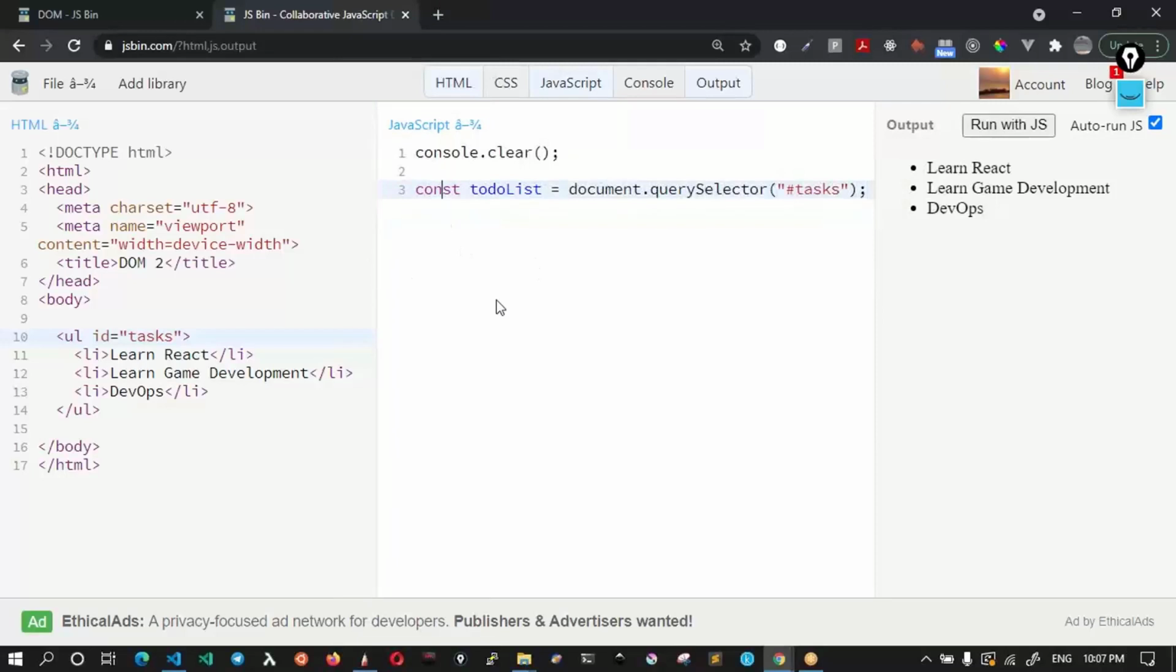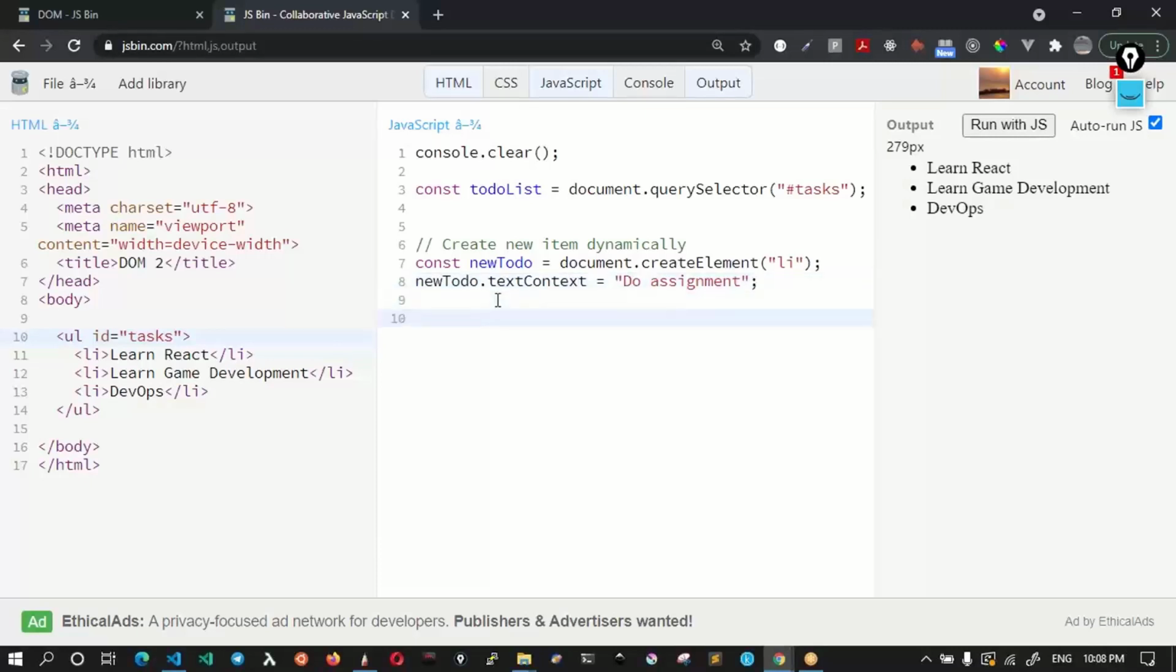Now, to programmatically create a new to-do, this is the syntax. So create a new item dynamically. Later on, you can add a button, click on the button and do that. But from a concept perspective, we simply say newTodo equal to document.createElement. We are creating a new li element, right? And then we will say newTodo.textContent, because we don't want HTML content here, and I'll say do assignment. Right now this is in memory, right? So we could say todoList.appendChild, newTodo,